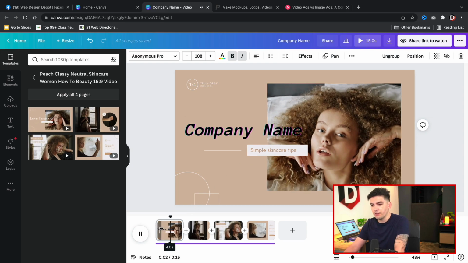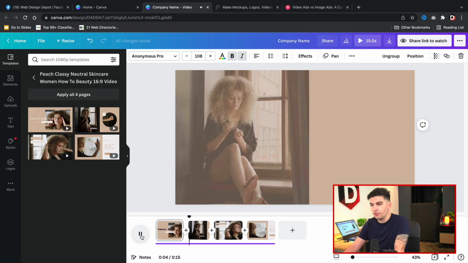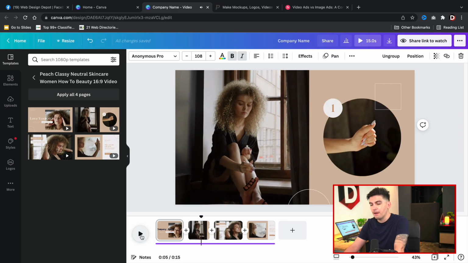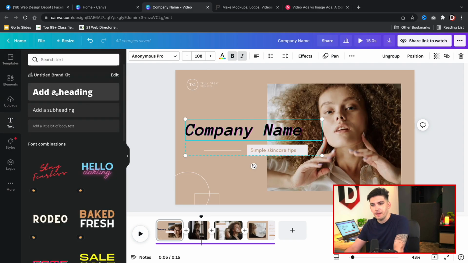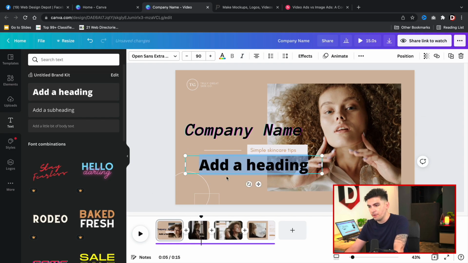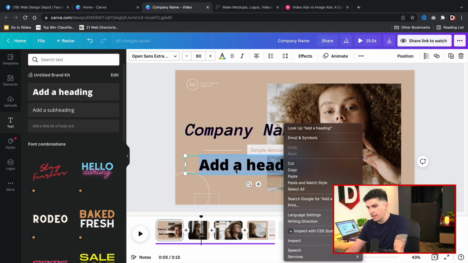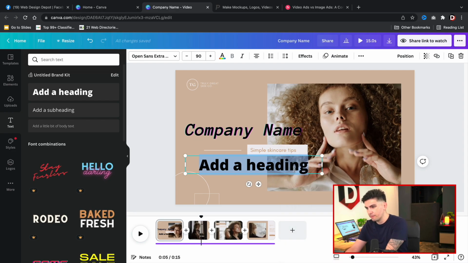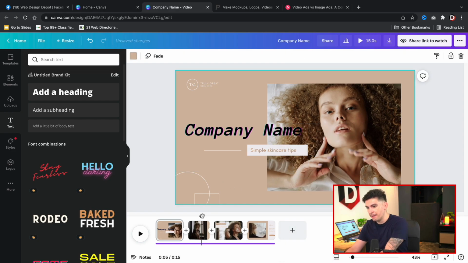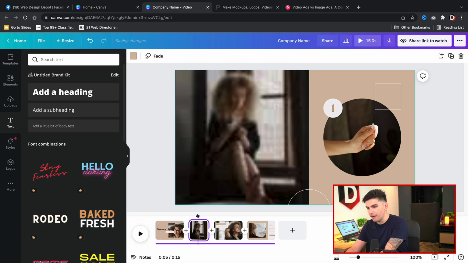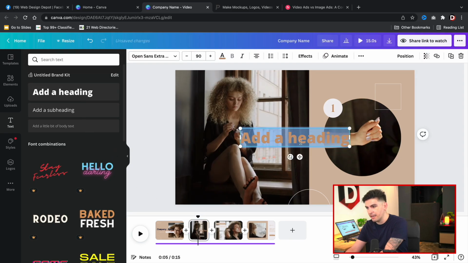Now, let's say, for example, we added our company name, right? And we also want to go ahead and do the second slide, this one. However, right here, we're missing text. So let's now insert some text and also insert maybe our logo. So right here, I'll click on text, and here it says add a heading. I'll click on add a heading. Go ahead and delete this really quick. All right, my bad. Here, let's go ahead and double click right here. And on this slide, we're gonna add a text. There we go.